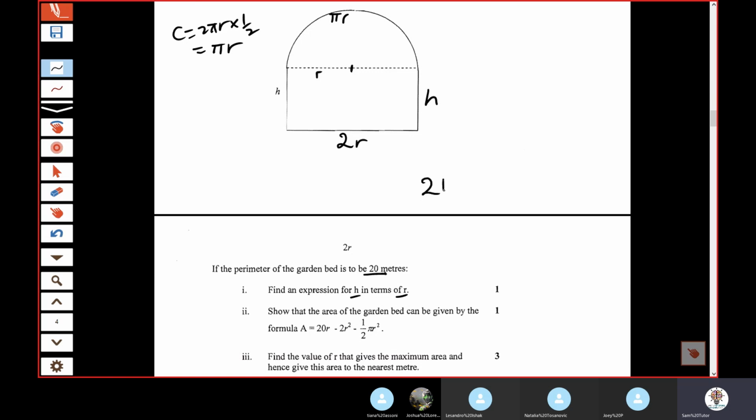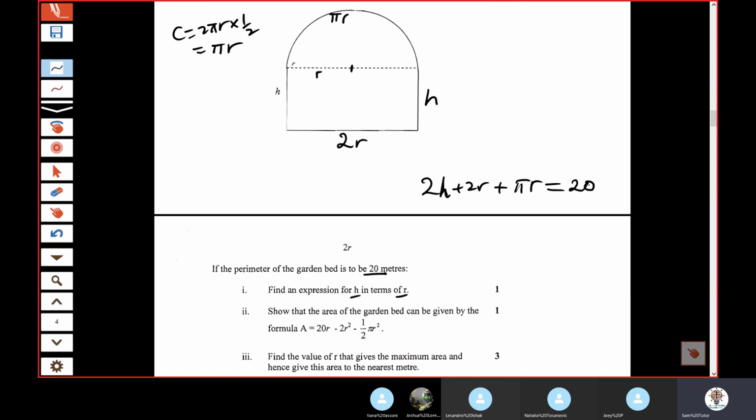2h plus 2r plus pi r. No, why another 2r? For the whole thing? But the whole thing is this and this and this and this. Perimeter is just the outside. In this question it's the outside; sometimes it might include this as well, depending on what you're building. So 2h plus 2r plus pi r